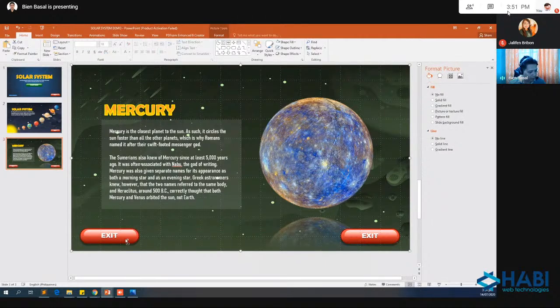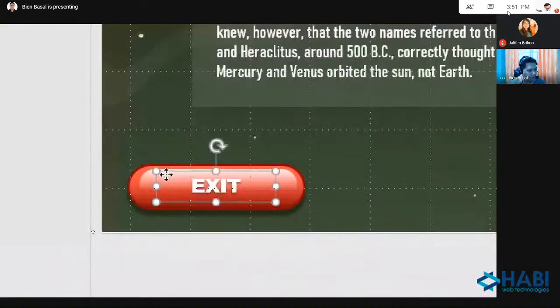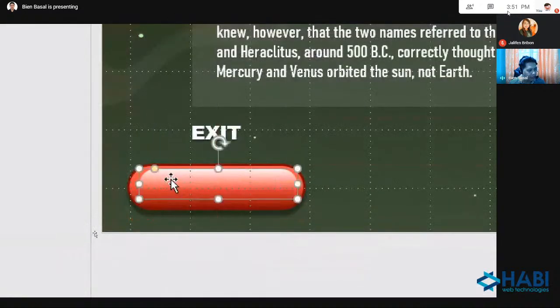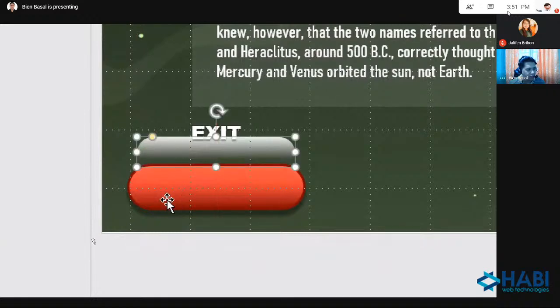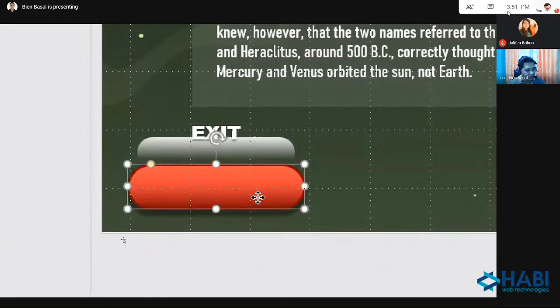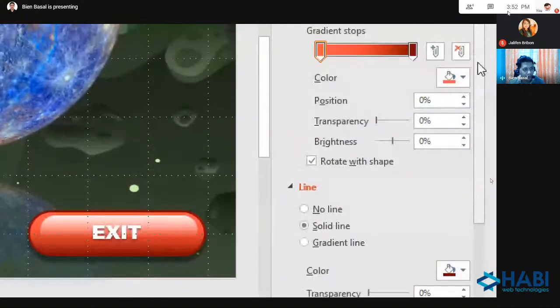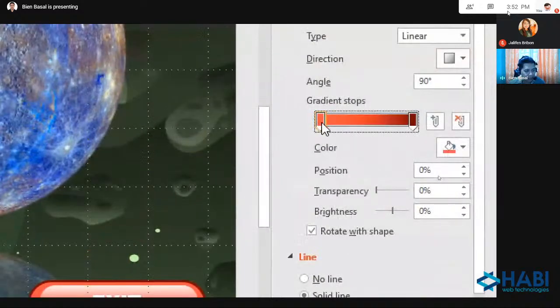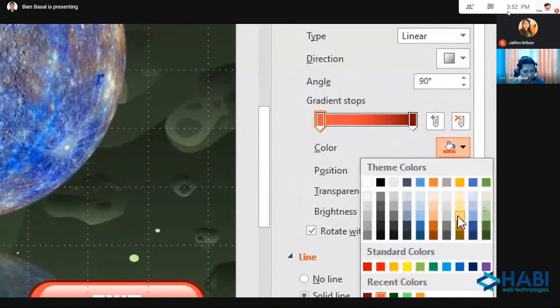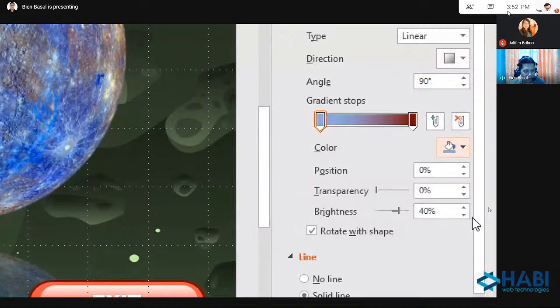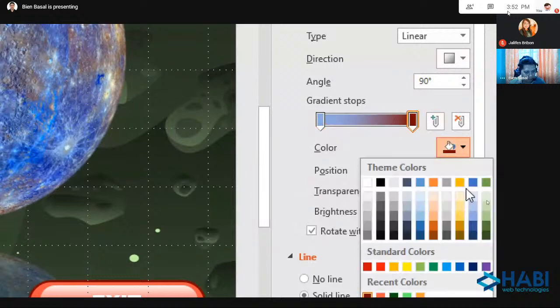So I will zoom in here. I will remove first the text and this gradient color shade. And I will select this button and select this gradient stops. I will use this one, lighter blue, and this one, dark blue.